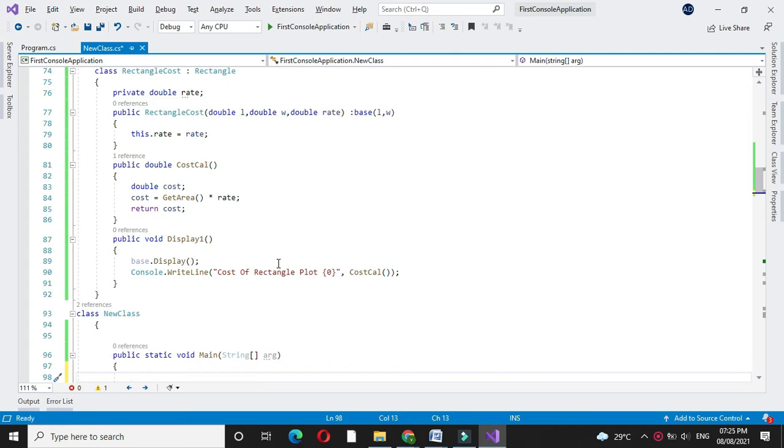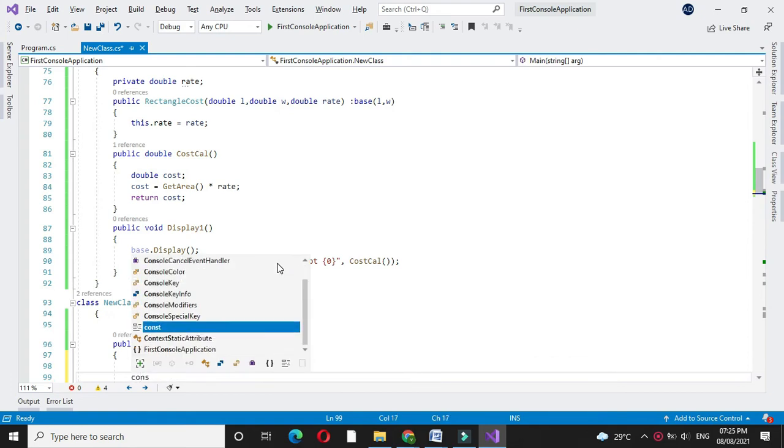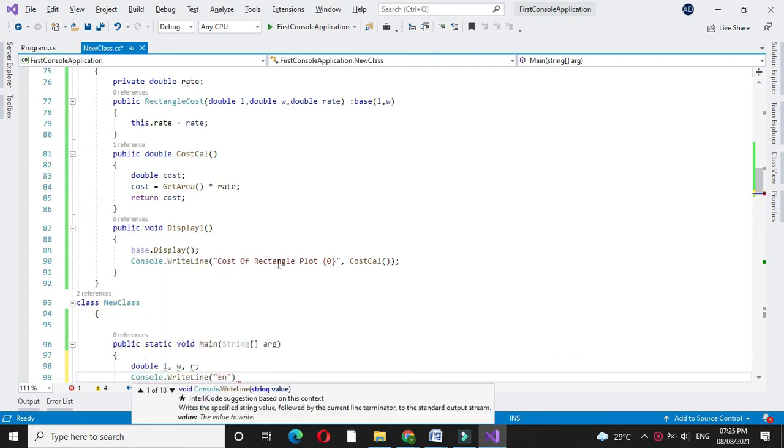So here we are going to accept length and width of a rectangle plot and also rate. So we will declare three variables L, W, R, and we will accept these values from user. So in console.writeLine we will accept it. Enter length of rectangle plot.